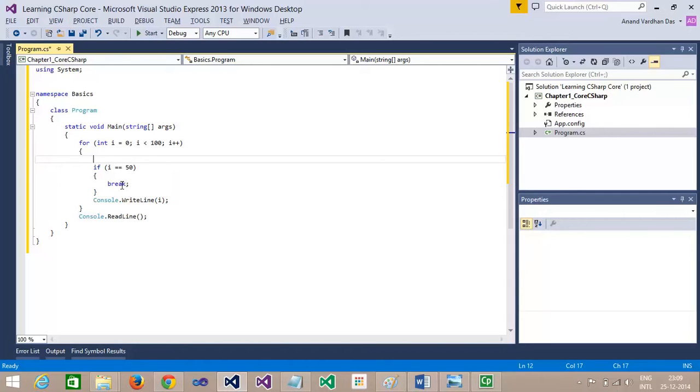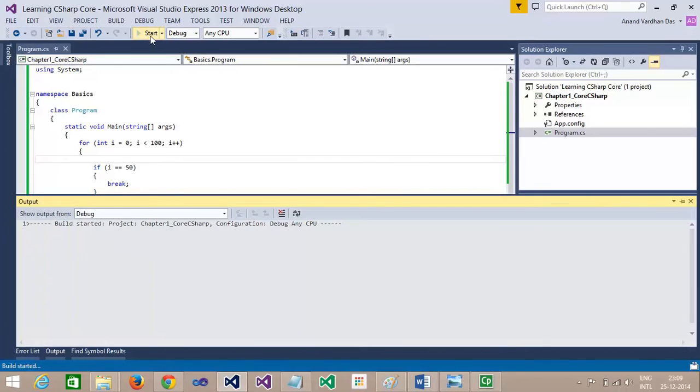So the loop will run from 0 to 99, i is incremented by 1 after each iteration, and when i reaches 50, the break statement will simply break out of the current loop.